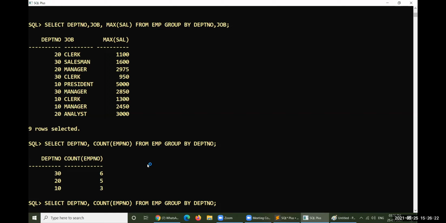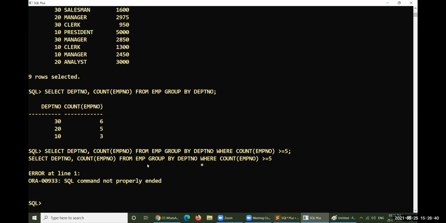So let us take the example here. Group by department number, where if you use something like this, count of EMPNO, actually this is wrong. What I'm trying to say is wrong. Greater than or equal to 5. If I would operate something like this, command is not ended properly. Okay. So in presence of group by, where clause must not be there. In presence of where clause, group by must not be there. Then how could you satisfy this particular kind of thing?